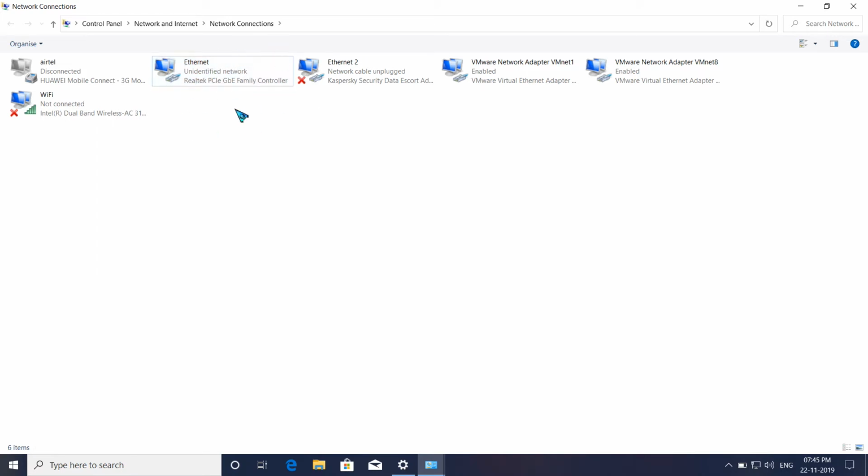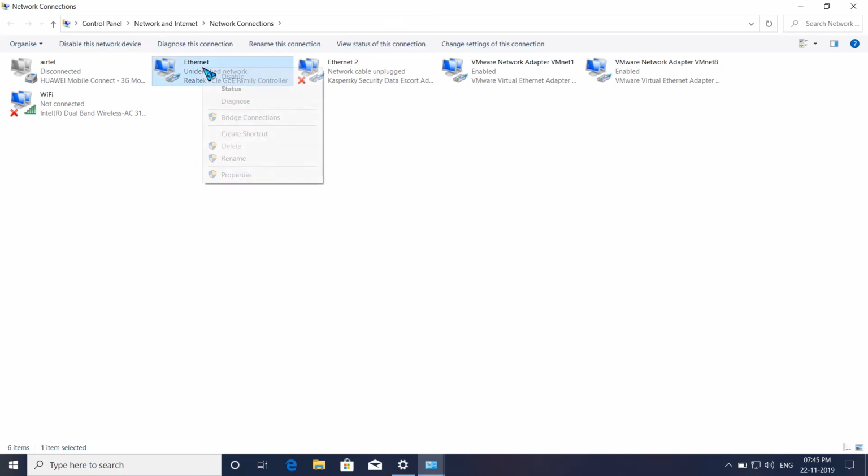Different computer manufacturers use different ones. In my case, my computer provider Lenovo uses this Realtek type of Ethernet. Just right click on that and go to Properties.